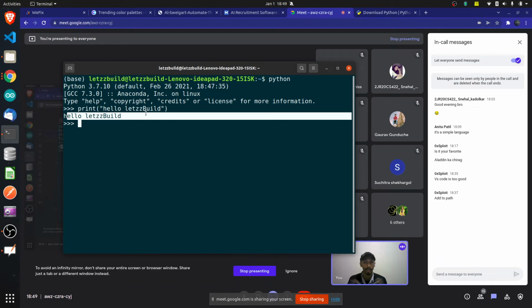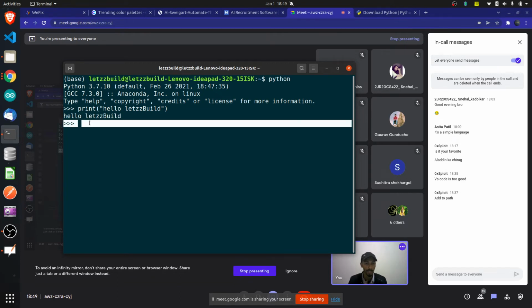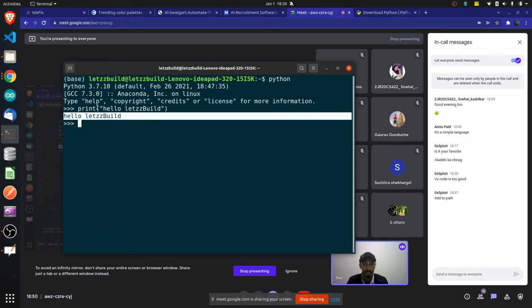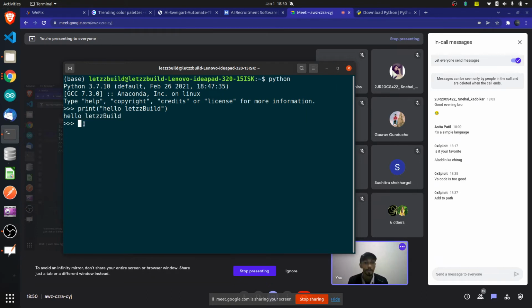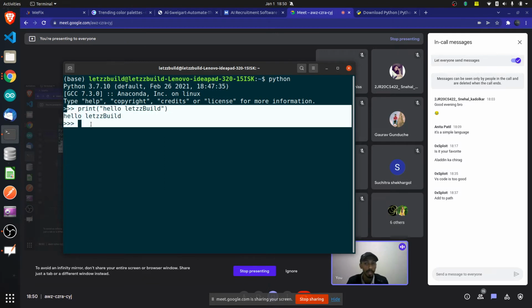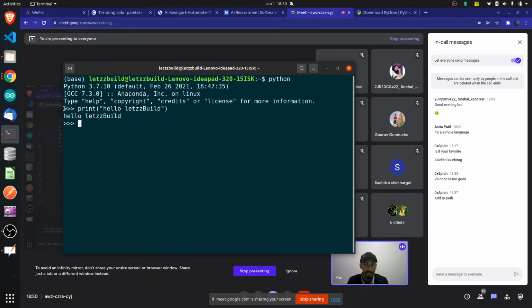From where can you run it? You can run it from the Python interpreter shell. So how to open the Python interpreter shell? Just type Python inside any command prompt or terminal, and boom, you will get these arrows. That means the Python interpreter shell is open, and you can execute all your Python programs here also. This is why we say it is an interpreted language, because here you are executing one line at a time. If you write a whole program and run python with a file name, that time also it will get executed line by line. But this is one way I can show you that it is getting executed line by line, through this interactive shell.